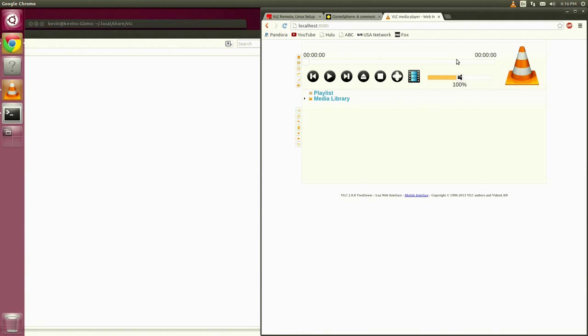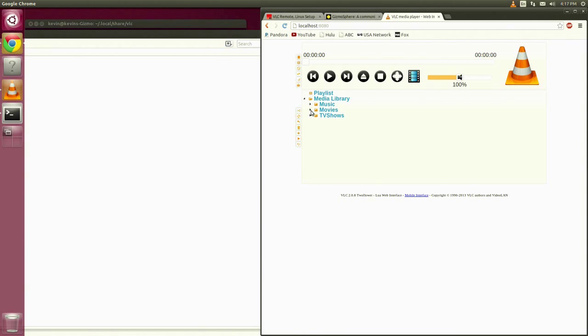So at this point you should be able to see the advantage of creating our media library. Here the media library shows up in the browser window. I can click on this little arrow here and I can see here's my music, my movies, and my TV shows,